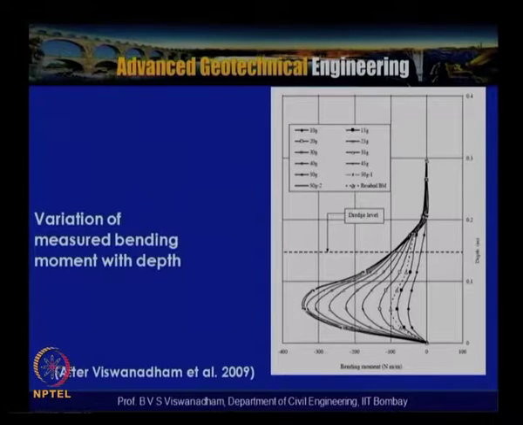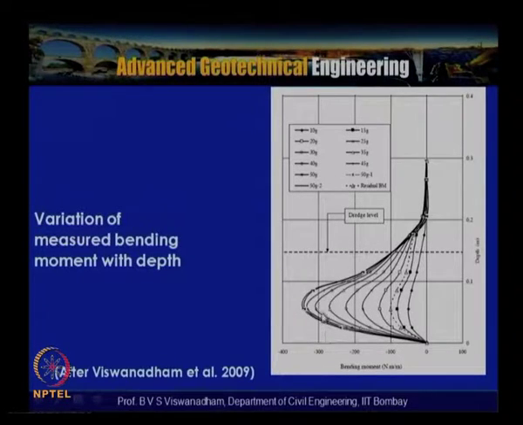So the data obtained from the strain gauges is used to plot the bending moment. You can see that the bending moments are found to increase with G level. This is at 10G, 20G, 30G like that, and once we have dropped the gravity to 1G, there is a net bending moment, which is also shown here.